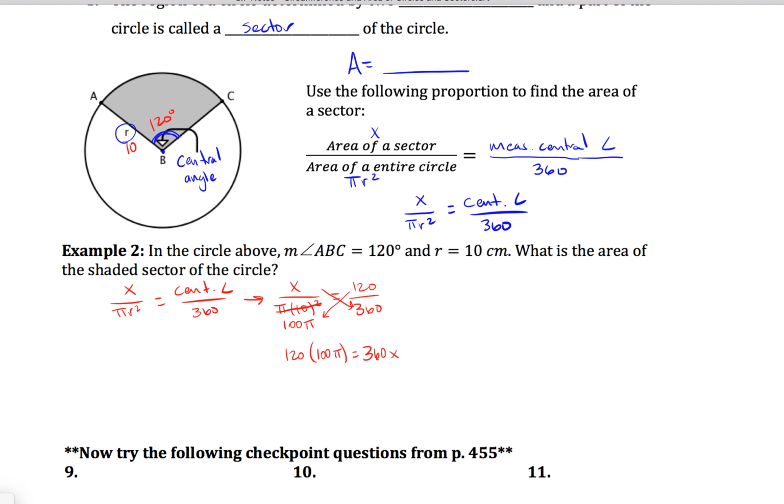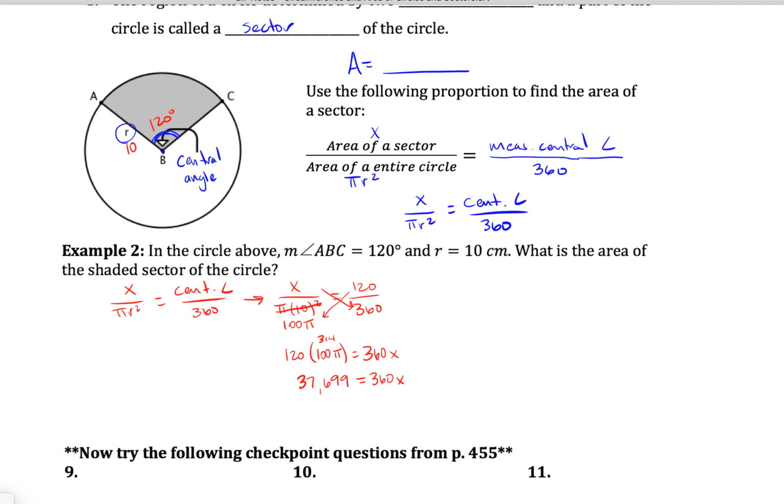Now I might want to grab my calculator and do 120 times 100 pi, or I can remember that 100 pi is going to be 100 times 3.14, so it'll come out to be about 314. Maybe I can do that just in my head, since 100 is usually a pretty easy number to multiply by. In any case, I'm going to take 120 times 100 pi, and that's going to give me about 37,000, and I'll round this, I'll say 37,699 is what this is going to give me, and that equals